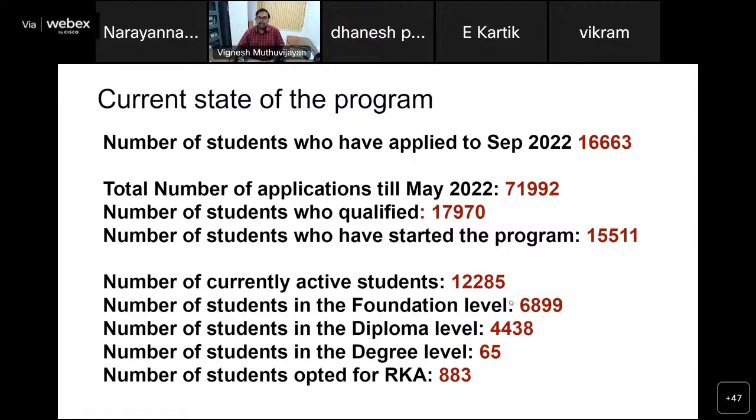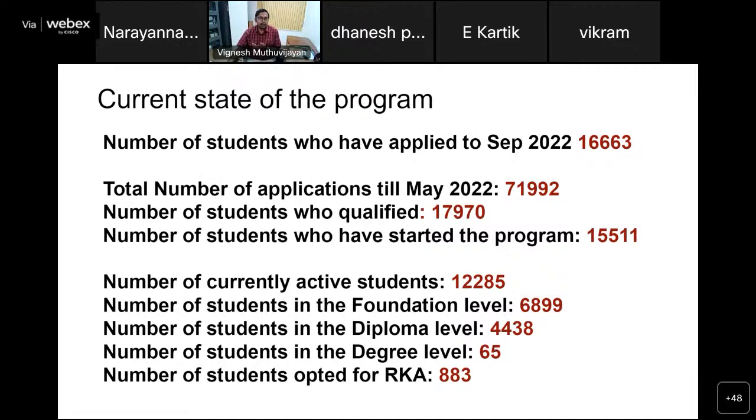Amongst these, there are about 6,900 students who are in the foundation level, which includes you. There are 4,400 students in the diploma level, and the first batch of students entering the degree level has started this time. We have about 65 students who have completed both diplomas at the fastest possible pace.